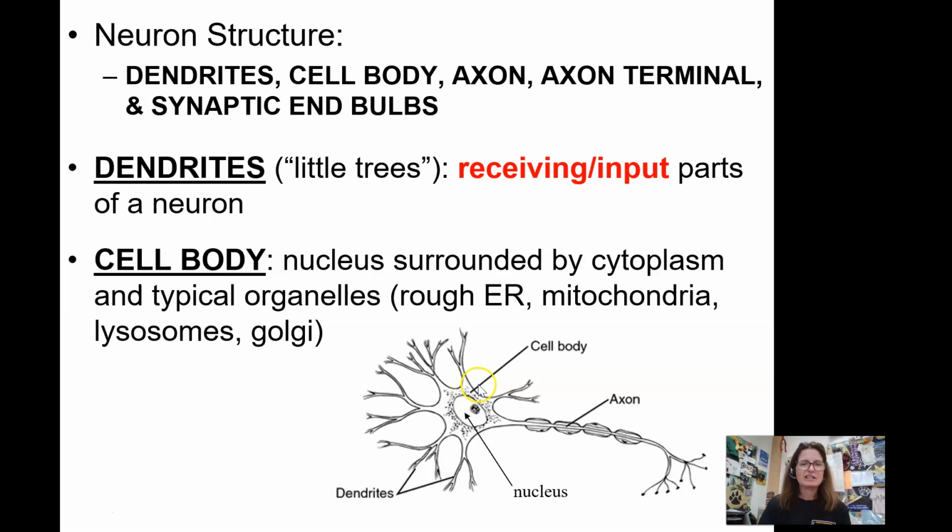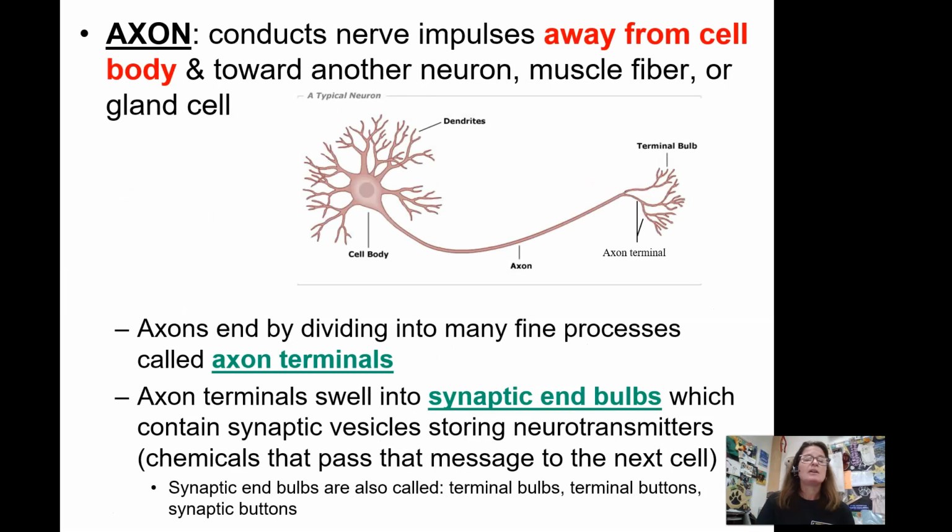But there are extensions that have jobs. So we have receiving coming out of the cell body: give me the information. Your cell body will process that information. Okay, I'm going to get all that information and make a decision. And then it's going to decide, am I going to fire and pass this message along, or am I not going to fire and pass this message along? We're going to decide, yes, fire, pass the message along. So that's this part's job right here. So this axon